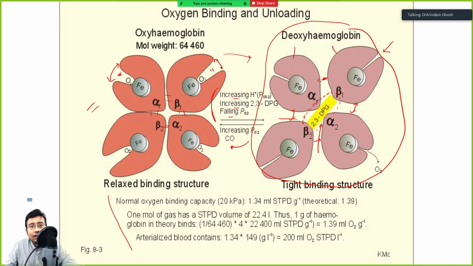In oxygenated hemoglobin, globin chains are close to each other and there is no 2,3-BPG. In deoxygenated hemoglobin, it is written 2,3-DPG. Absolutely wrong. I hope you have noticed, right? It is actually taken from a famous textbook, where it is written wrongly. Basic organic chemistry concept wrong. It can happen. So when 2,3-BPG is in the center, deoxygenation will happen, right?